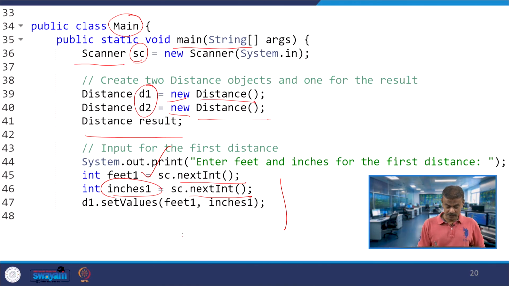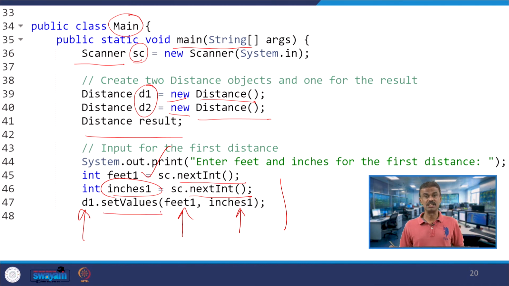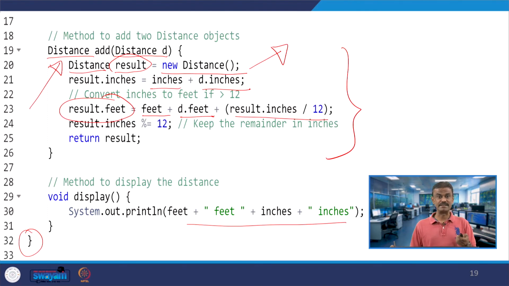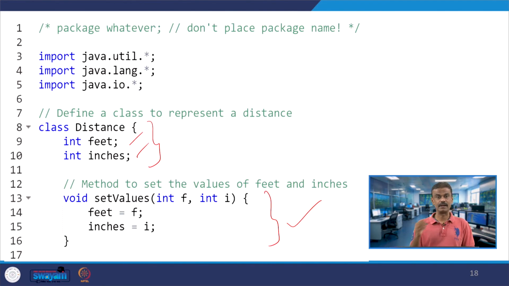The object D1 is invoking the setValues member function, so whatever feet 1 and inches 1 you are passing will be set for D1.feet and D1.inches. If you look at lines 14 and 15, D1.feet and D1.inches will be set.